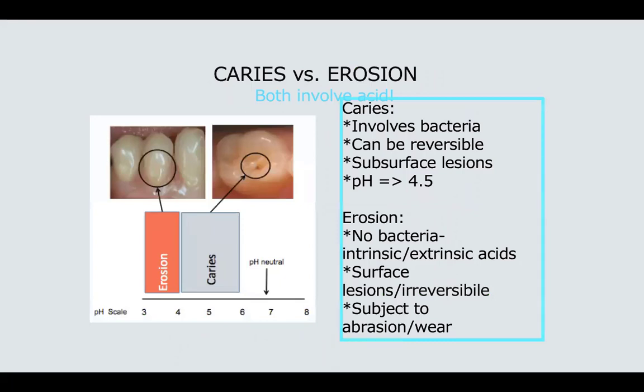Now, this is critical. What's the difference between caries and erosion? Well, caries involves bacteria. We know it can be reversible and all that, but caries cannot exist when the pH goes below 4.5. Why? Bacteria don't live there anymore. But erosion, on the other hand, there's no bacteria. This erosion comes from intrinsic and extrinsic acids on the surface. And this is more subject to wear, and in other areas, it's just bathing that area, like these cervical regions. So there's a big difference between lesions we see from decay and big lesions that we see from erosive breakdown